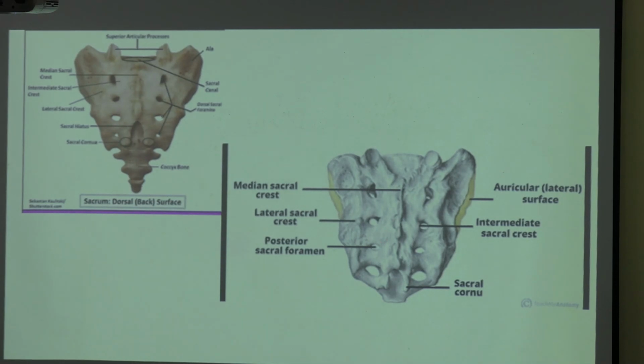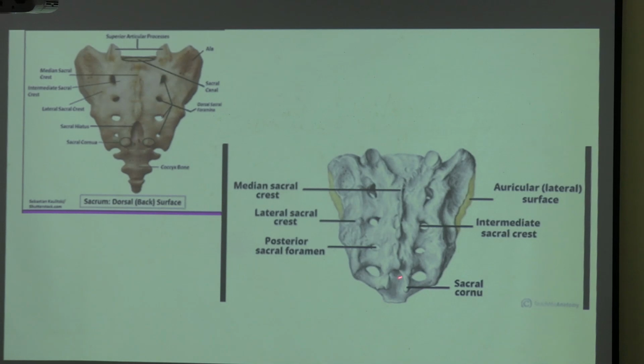Lateral to it we have this part, the lamina. The laminae of the sacral vertebrae fuse from S1 to S4, but S5 will not be able to fuse, and hence they form this structure, the sacral hiatus. Clear? Lateral to it we have the superior articular process. Then in line with this there is a crest called the intermediate sacral crest, which is basically the articular processes of the sacral vertebrae.